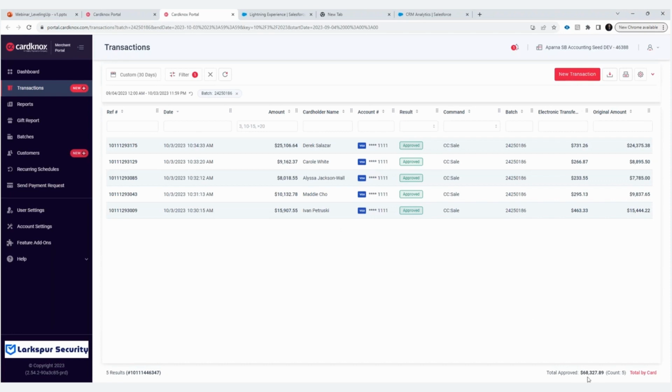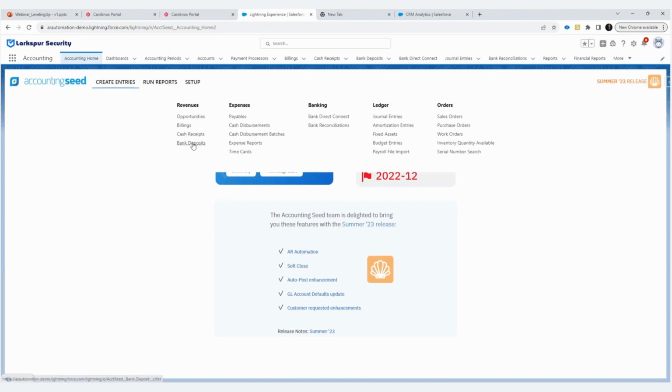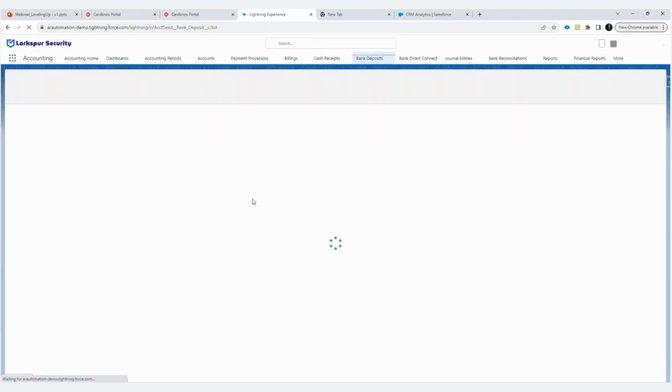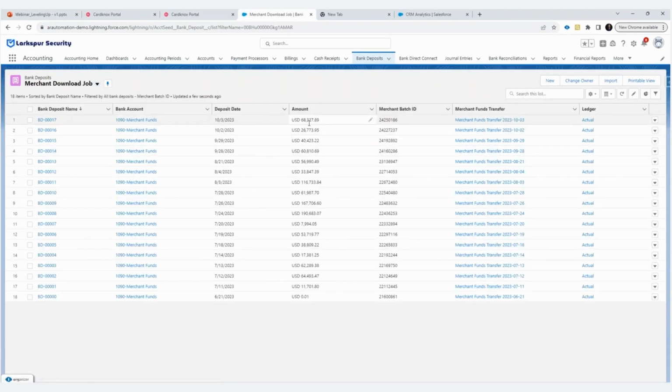This total here is what we're going to end up creating a journal entry for when we move the money into the checking account. So we're going to be able to reconcile all of this. Remember this amount here, 68,327.89. Let's go into Accounting Seed and look at our bank deposits. 68,327.89, there it is. So our job ran last night after CardKnox settled the batch, and it automatically created